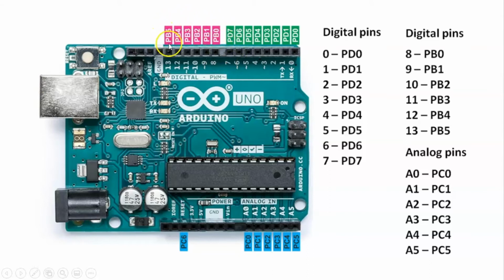Similarly, port B is distributed over here, PB0 to PB5, and then comes the C port. The C port has internal connections with analog pins, PC0, PC1, PC2, PC3, PC4, PC5, and here is PC6, which is the reset pin. So leave all those other ports. We are not interested in port B and port C. We want to concentrate particularly on this port, that is PD0, PD1, PD2 up to PD7, that is port D.